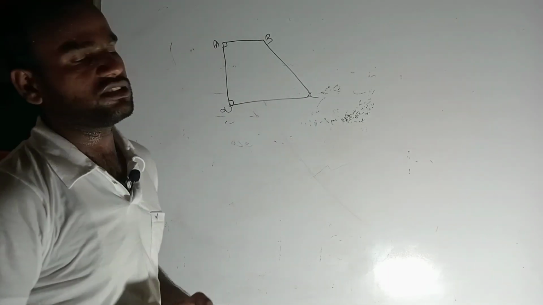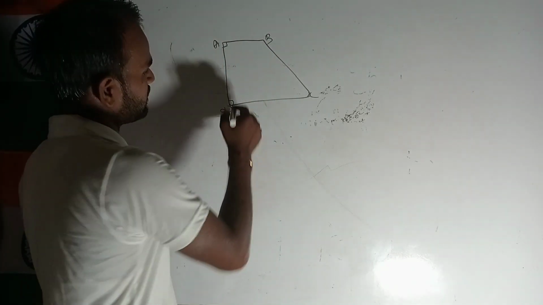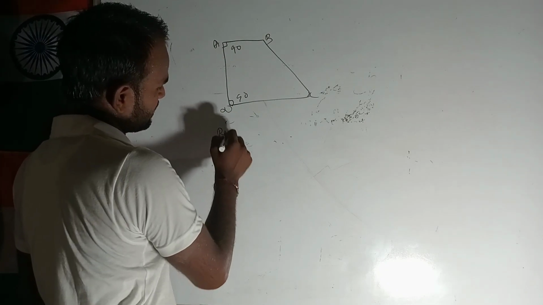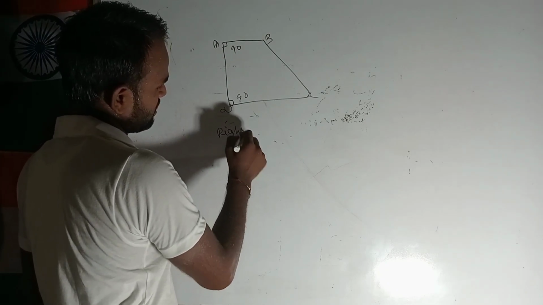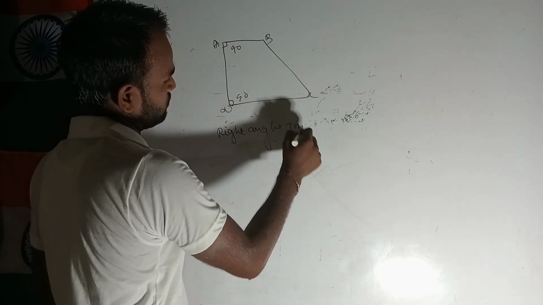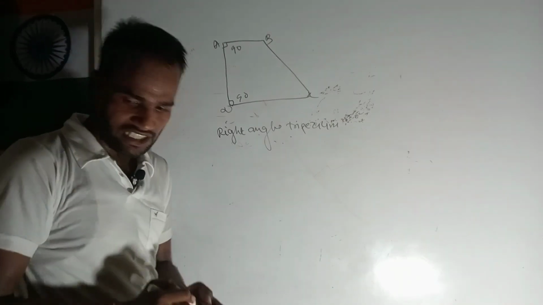Why? Half the sum of the parallel sides into height. This should be 90 degrees. This is your right angle trapezium. So today we discussed all about the